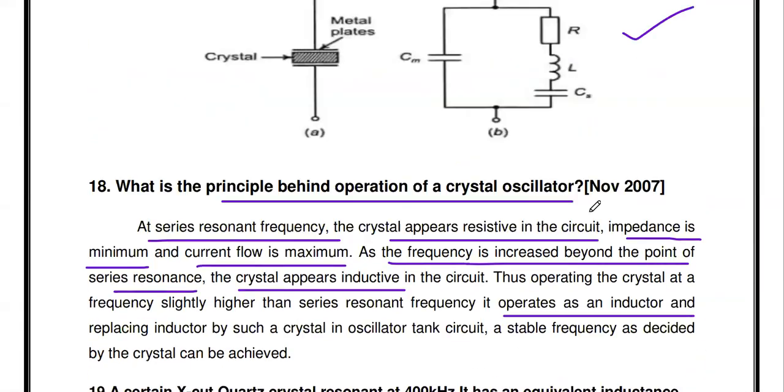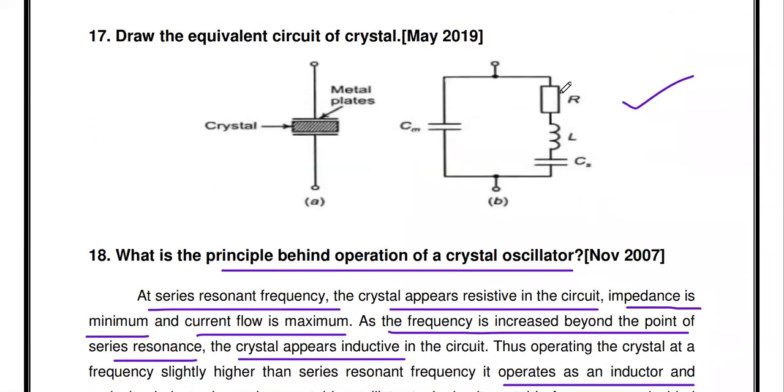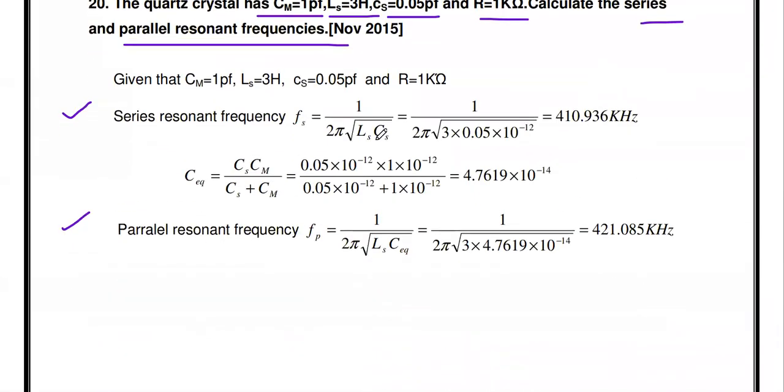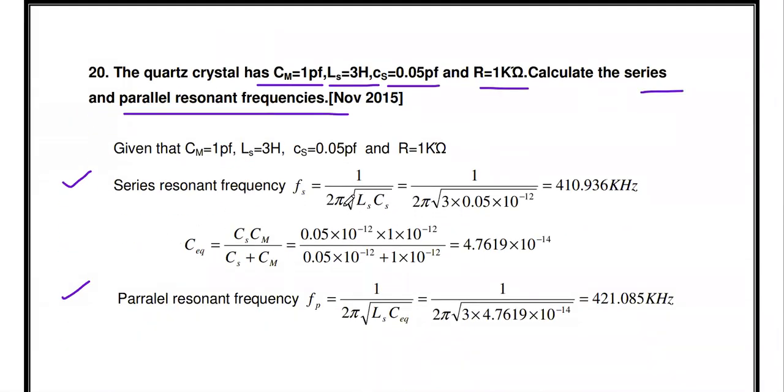In a crystal, there is a series RLC as well as a parallel LC circuit. Using this series LC we can get one resonant frequency, and using the parallel LC we can get another resonant frequency. So the series resonating frequency is 1 by 2 pi square root of L Cs. This is the series capacitor. So 1 by 2 pi, L is 3, Cs is 0.05 pico into 10 to the power minus 12. If you calculate, the answer is 410.936 kilohertz. And if you want to derive the parallel resonating frequency, Fp equals